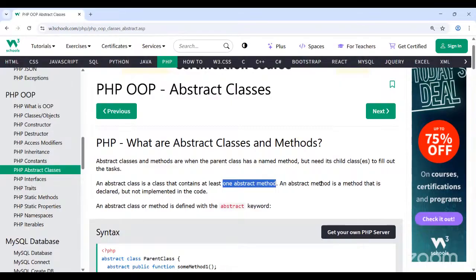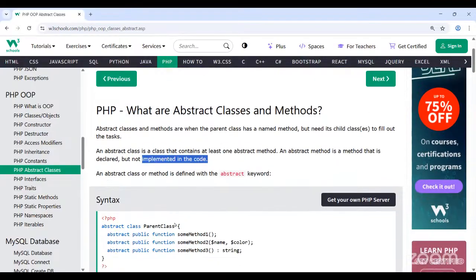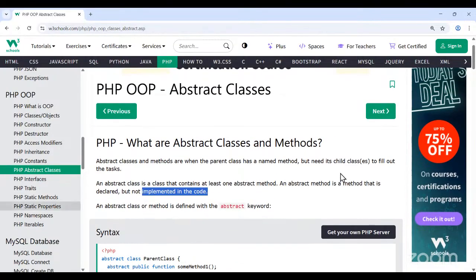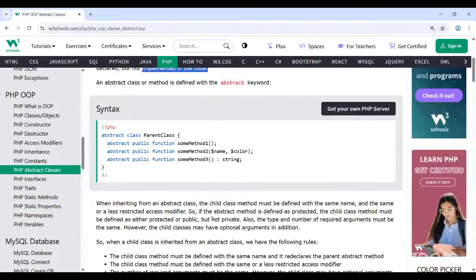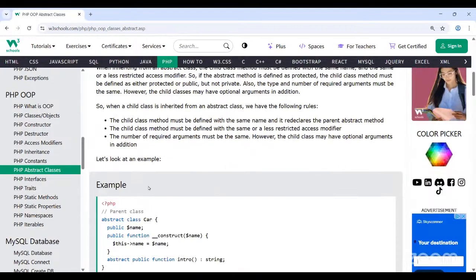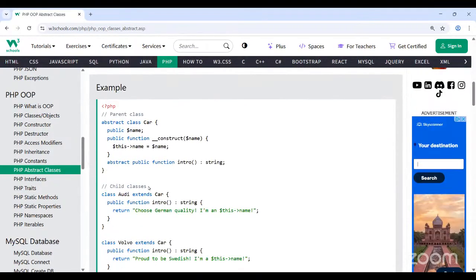One abstract method, but with no implementation. There is no implementation of this method; we just declare it inside the class. The implementation has to be given by the child class. Now, for example, if we say